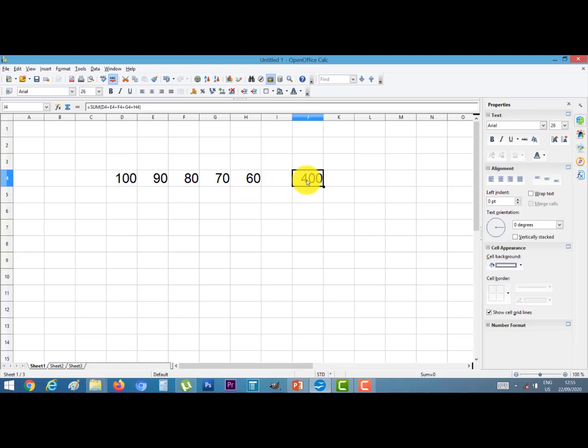We can also write the formula in the short form. I delete this and insert a colon here.